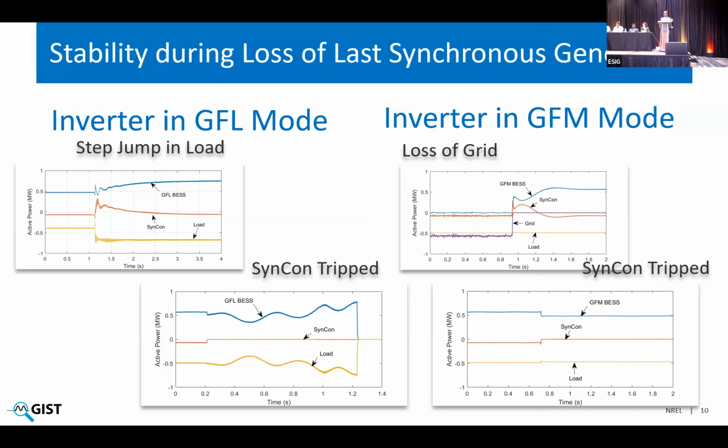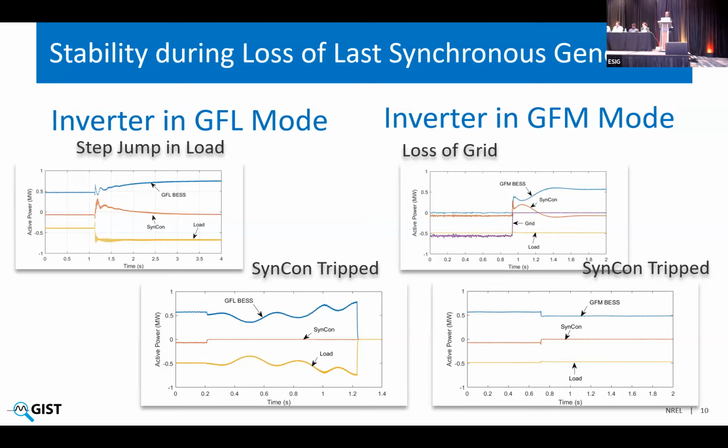As soon as we remove the synchronous condenser, in the bottom left plot, the grid disintegrates or becomes unstable. So again, this shows that the synchronous condenser, which doesn't have any steady state headroom for power dispatch, is holding the grid by just acting as a voltage source.